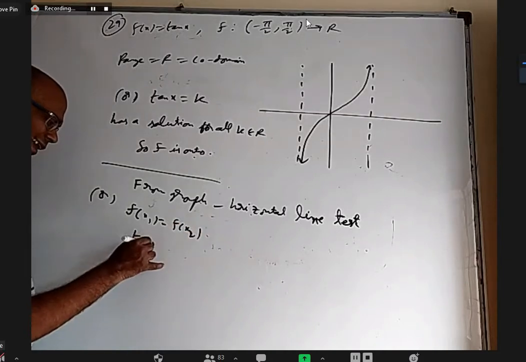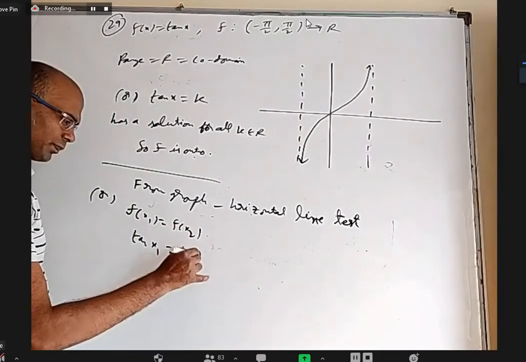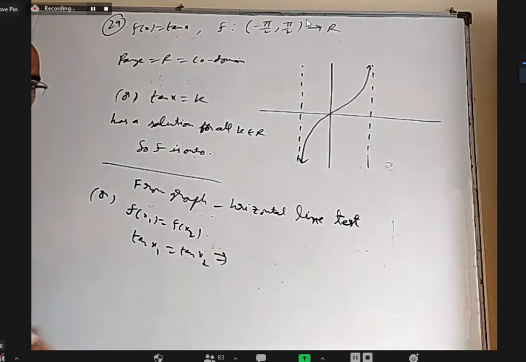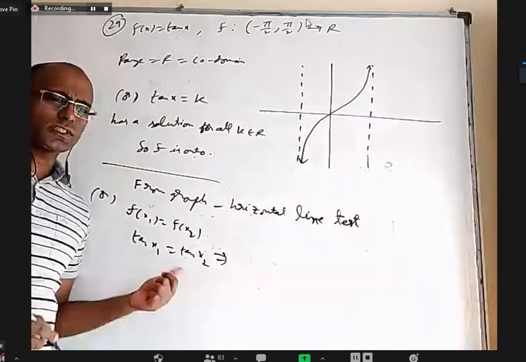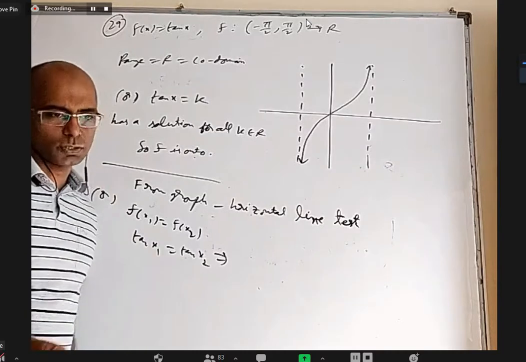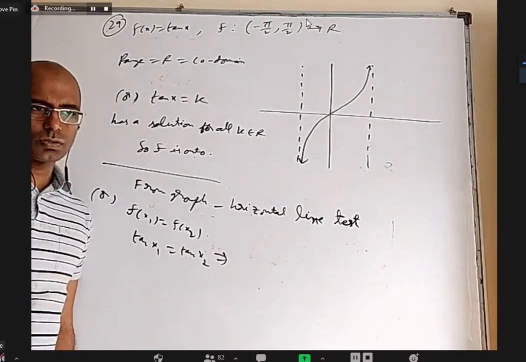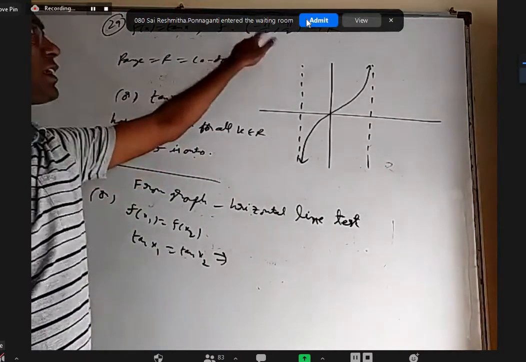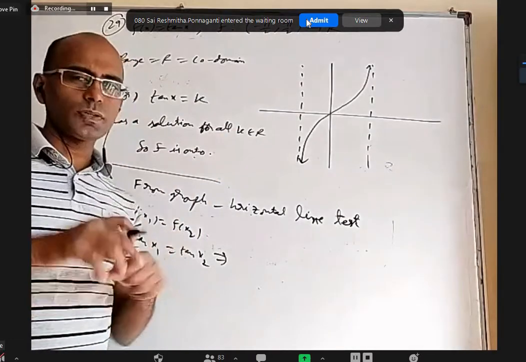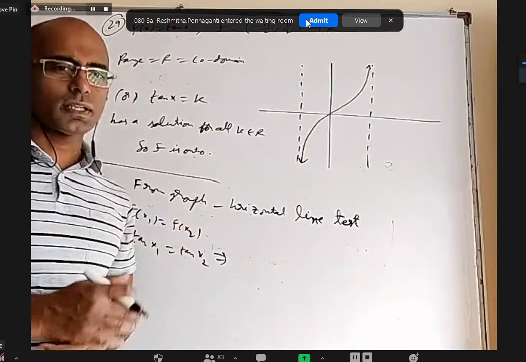We will get tan x1 equal to tan x2. Normally tan x1 equal to tan x2 doesn't mean x1 equal to x2. x1 can be 180 plus x2 also, 360 plus x2 also. But between minus 90 to 90, I cannot find two different numbers where one is 180 degrees more than the other, because